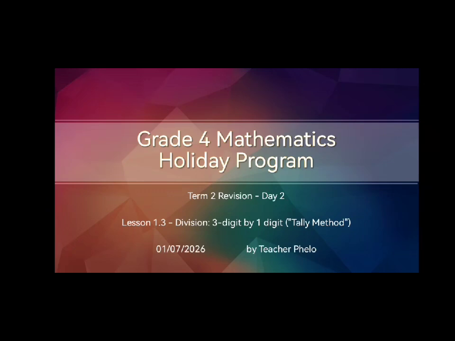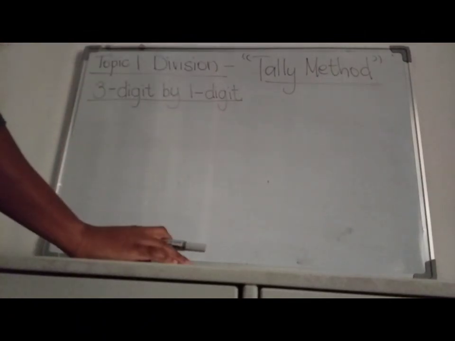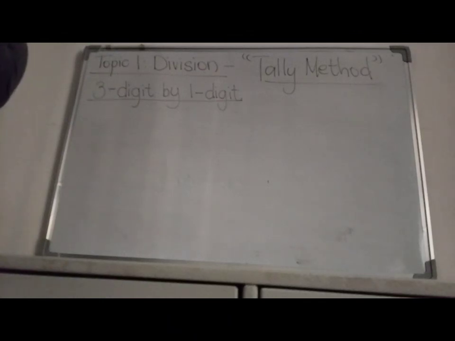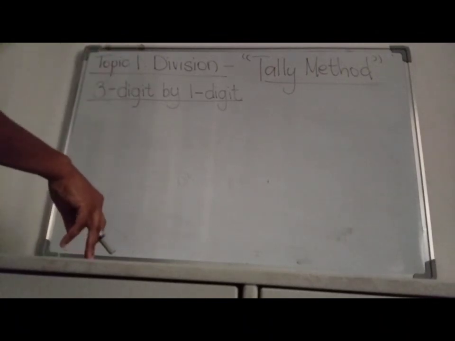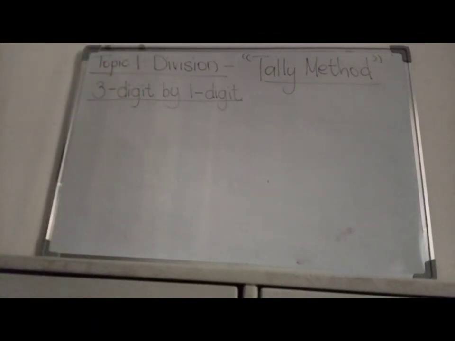Right, so the next method that I use eklasini yam, this method I should mention was kind of a method that I used for intervention for those learners that are really weak in maths, ne? Because this is probably the easiest method that one can actually introduce kubantwana. So I call it the tally method. I'm not sure what it's called, but eklasini yam we call it the tally method, ne? Still working with 3-digit by 1 digit.